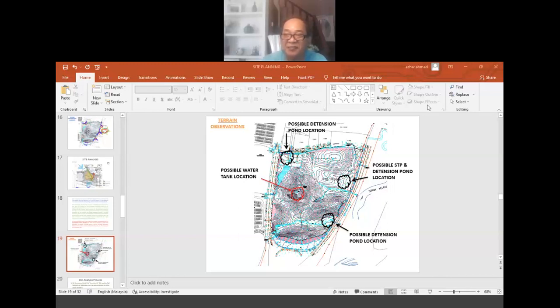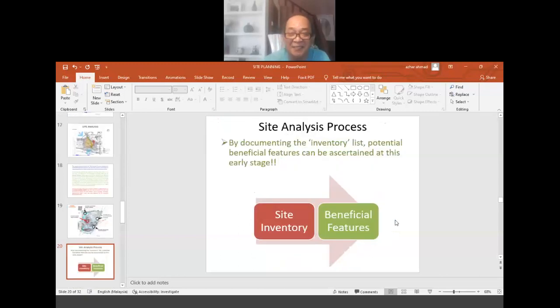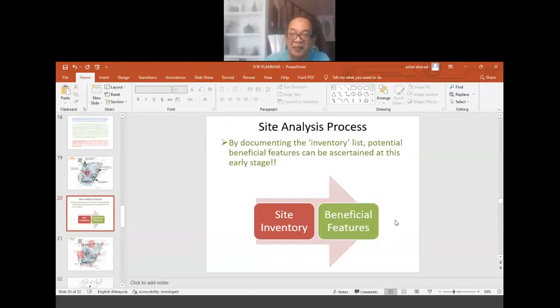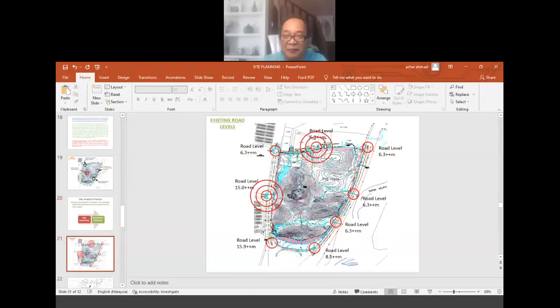The detention pond is actually a requirement for drainage. But we can say that these will be the three main locations for detention pond. Okay? So this is the site analysis. Beneficial features from the site inventory. Like before, we have road levels. Okay? We have road levels, and